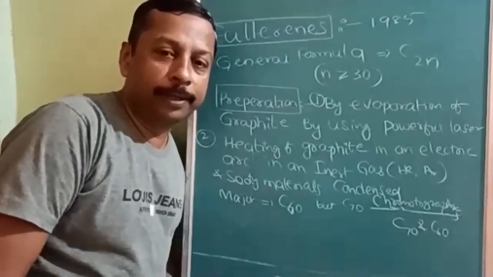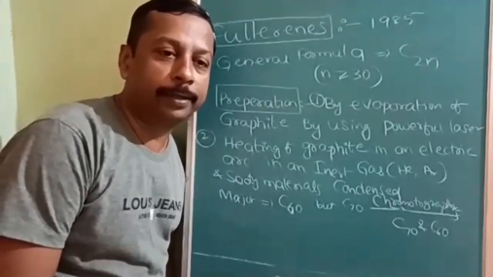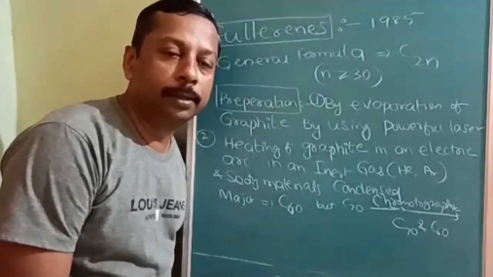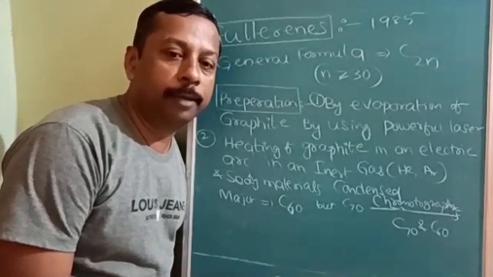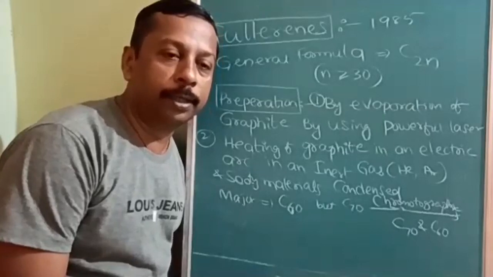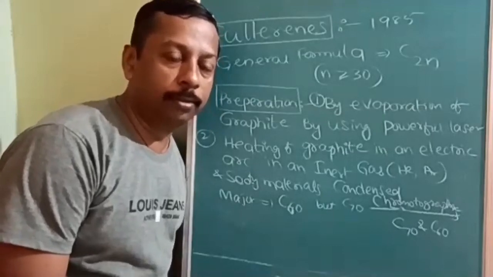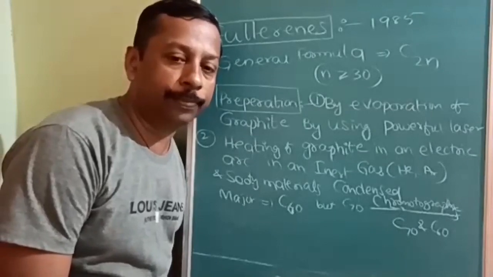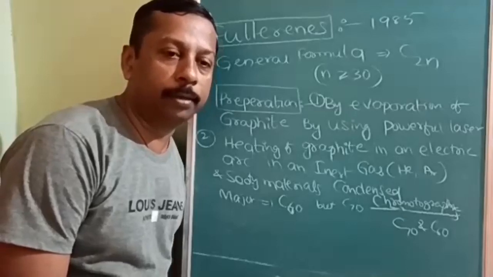Okay, students, we have completed two allotropic forms, diamond and graphite. In graphite uses, I have mentioned crucibles. Crucibles are containers into which molten substance is poured to take a shape, like a candle. If you want to prepare a candle, we put the molten material into that crucible. So crucibles are any container with whatever shape we want to make. They should be able to withstand high temperature. That is the main property of the crucibles.